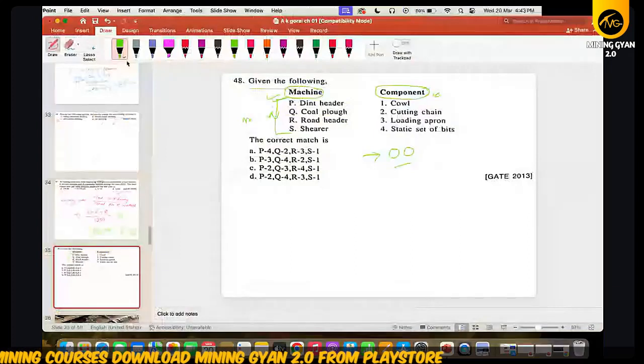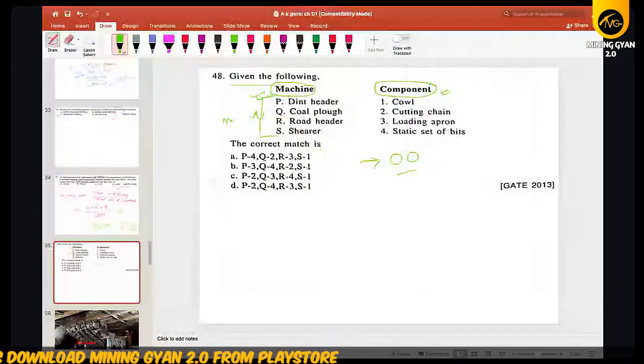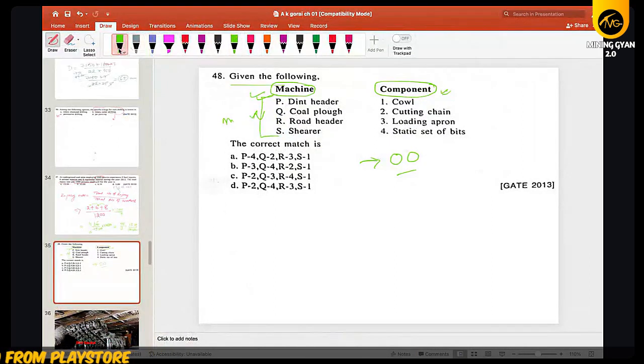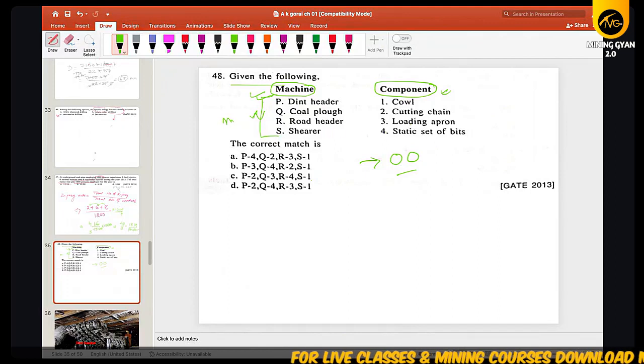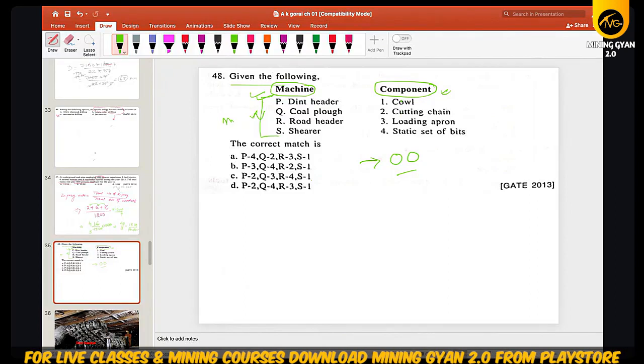our numerical. So in this question they have asked what we know. First try to solve this question with the thing you know 100%. So I know the cutting chain, loading apron, static chain, cover. So how will you solve? So first,